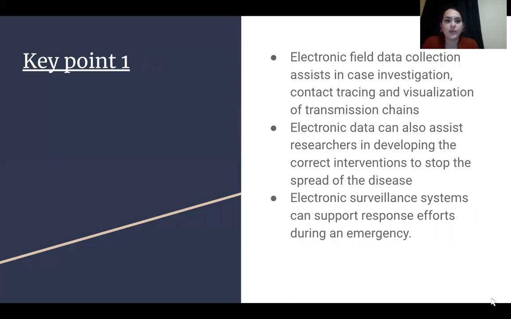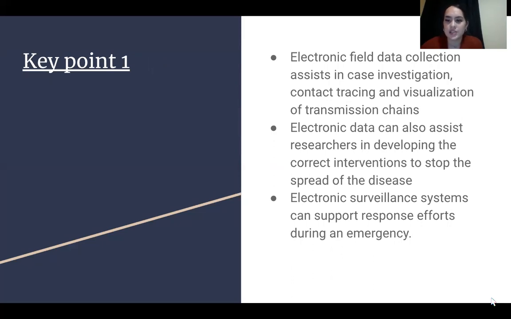Okay, so the first key point is electronic systems such as Go.Data, and these electronic systems can help with field data collection. They can also help with case investigation, contact tracing, and visualization of transmission chains. They can also help researchers with field data collection during public health emergencies.